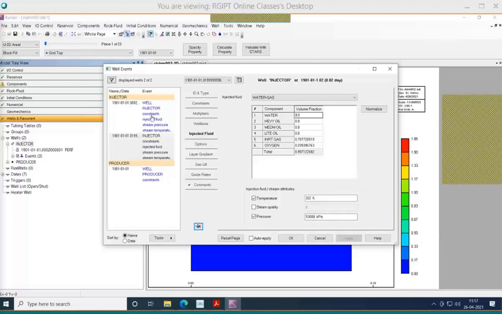From above, I can take those values for the injection fluid. That is 0.79 inert gas and 0.21 oxygen. Same we can use here, 0.79 and 0.21.